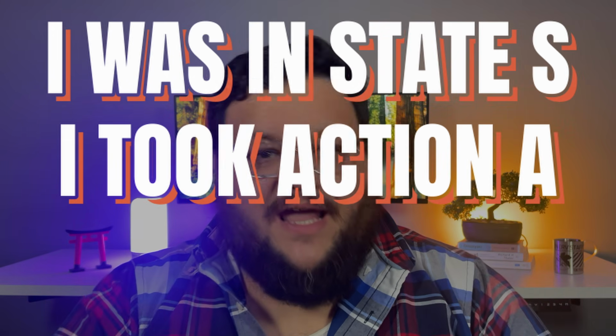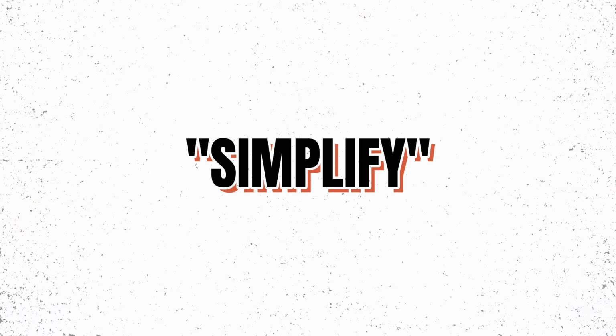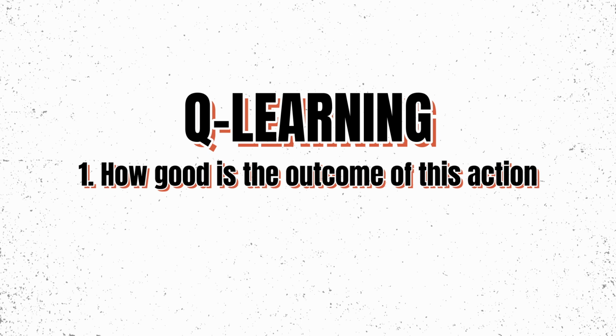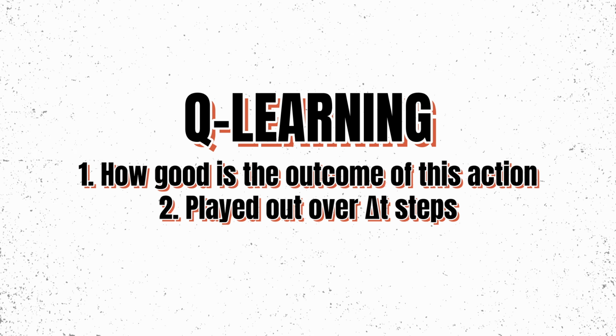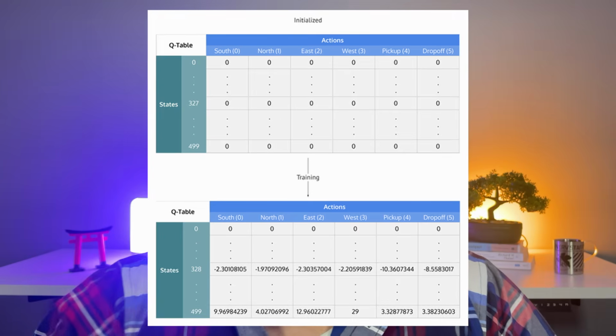So Q-learning basically takes every single state and every single action and creates a matrix of potential actions and potential outcomes. Every node in this array basically says, I was in state S, I took action A, and I ended up in state S1, or S2, or S3, or S4. Now this array is based on pretty complex mathematics, but to simplify, this approach calculates the quality of the state-action combination after delta t steps are taken following a specific state. Or to make it even simpler, it makes an array of actions that are taken and what state change resulted.